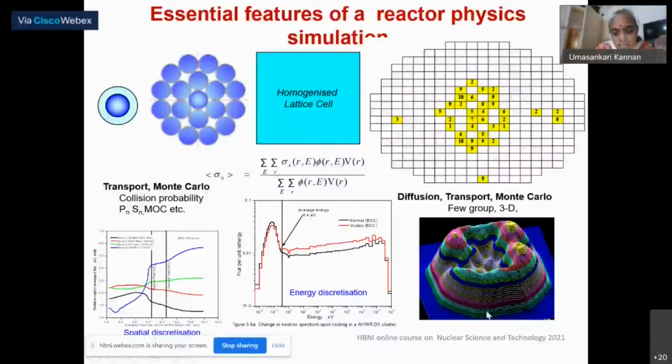And this is just a typical plot of the neutron thermal flux at any mid-plane of the reactor. So here the control rods are in, so the flux is depressed, and here the control rods are out, and so on. So this is a typical flux distribution which we are required to evaluate. So this is a pin cell, the clad, this is the assembly level, this is a homogenized assembly, and this is the core. So these are the different stages in which we do the analysis.